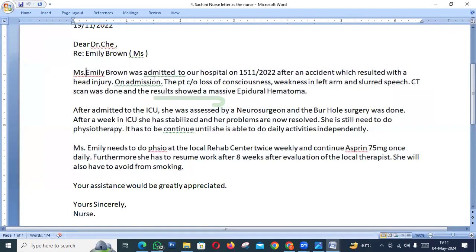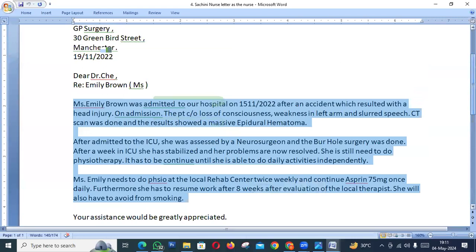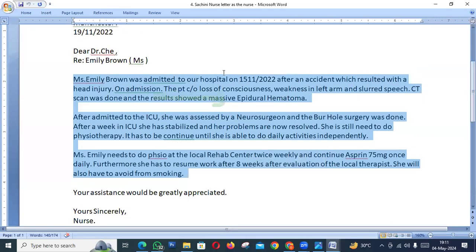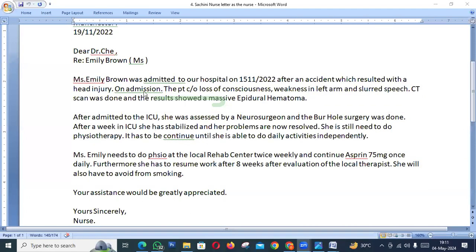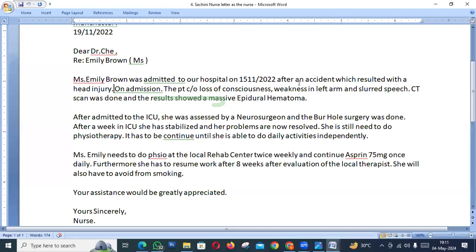Okay. Miss Emily Brown, the word count is 140. Very concise letter. Very good. Excellent. Okay. But it's too concise. We should add at least 180 words. Between 180 to 220 is okay. Miss Brown was admitted to our hospital on this date with an accident, which resulted in a hand injury on